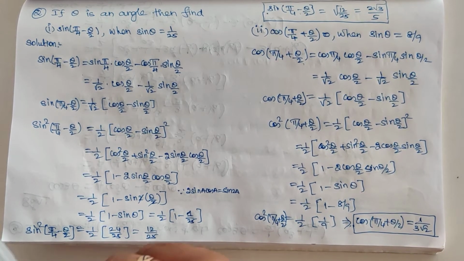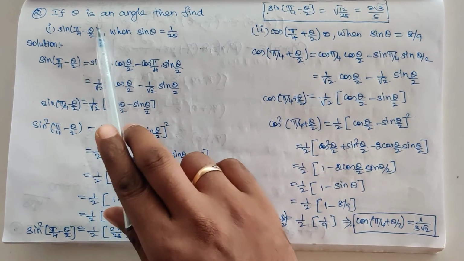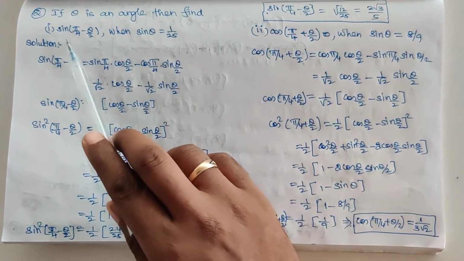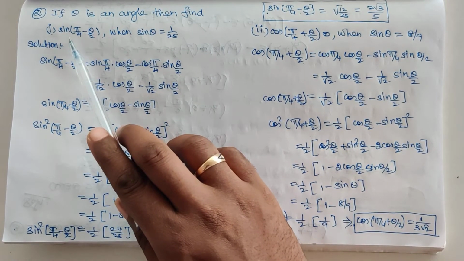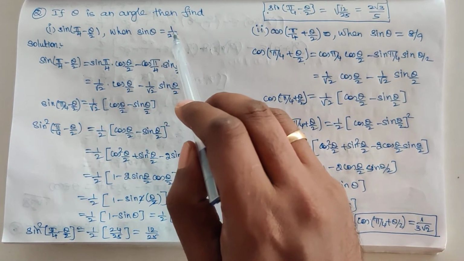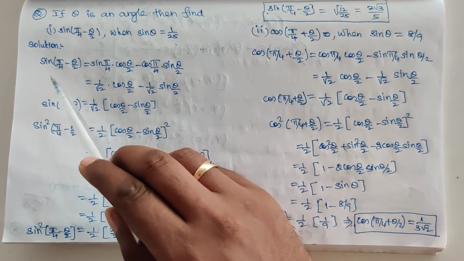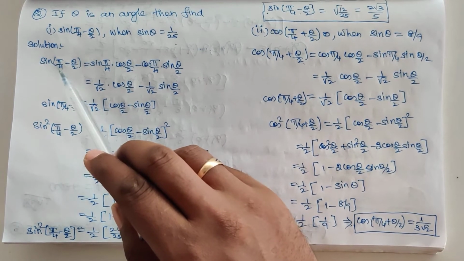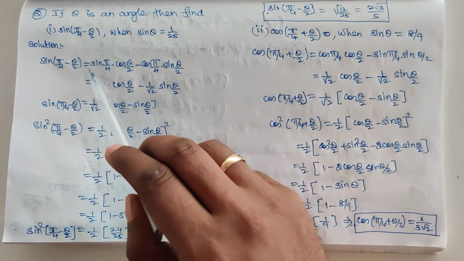Now we are going to see question number 2. If theta is an angle, then find the first subdivision, sine of pi by 4 minus theta by 2, when sine theta is equal to 1 by 25. So first I am going to take sine of pi by 4 minus theta by 2, that is equal to,